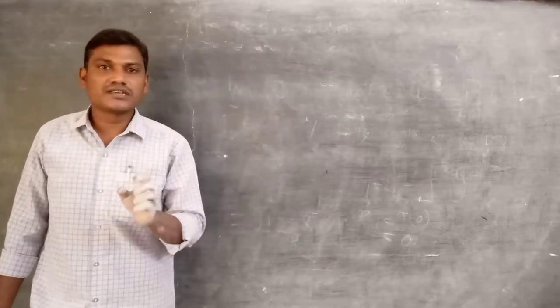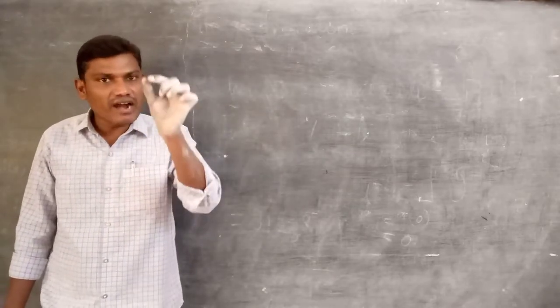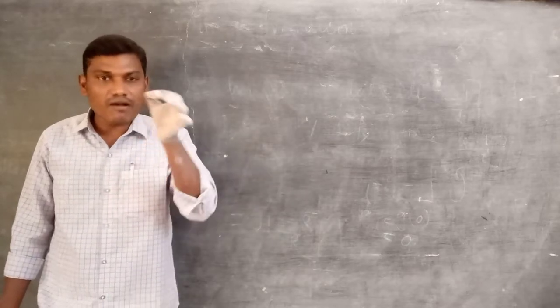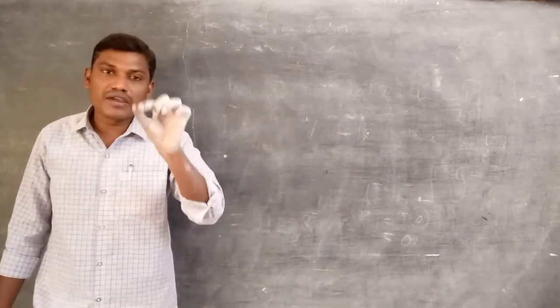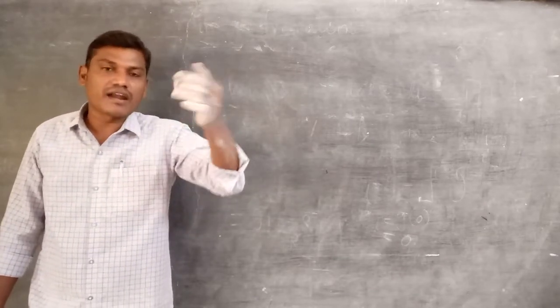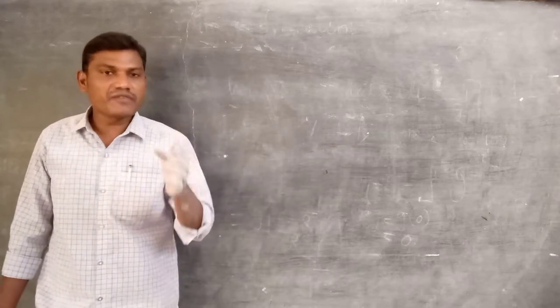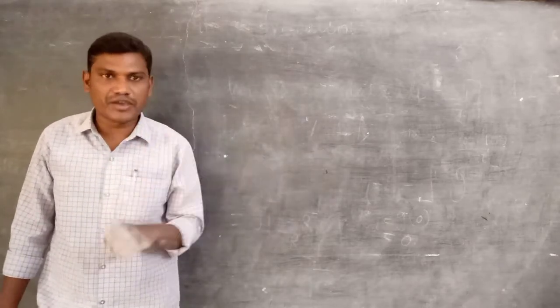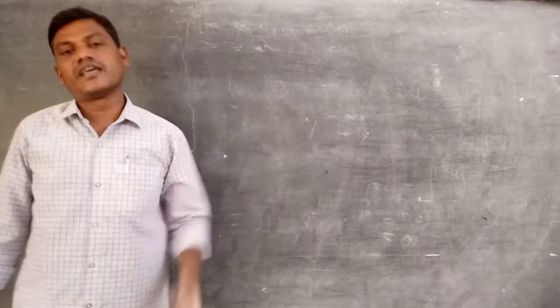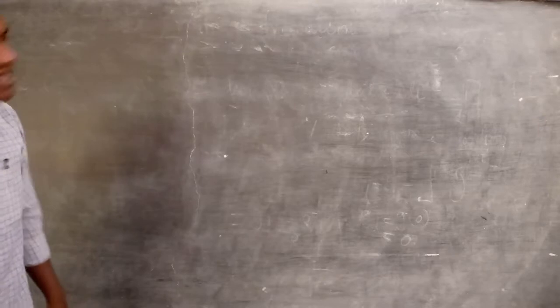A lens which is thin at the middle and thicker at the edges or periphery, that lens we call, what is that one? Concave lens. A concave lens acts as a diverging or divergent lens. But anyway, in case of convex or concave, the lens refractive index must be greater than the refractive index of the surrounding medium.